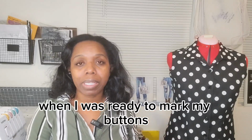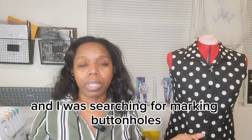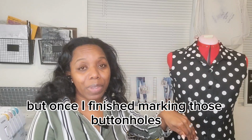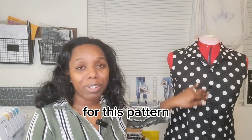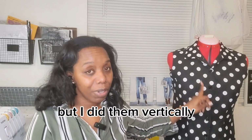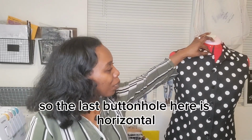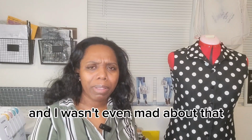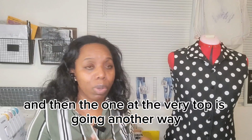And then not only that, when I was ready to mark my buttons, I wanted to make sure that I was doing it correctly. So I went back to YouTube University and I was searching for marking buttonholes. I really didn't find what I was looking for, so I had to come up with my own way of doing that. But once I finished marking those buttonholes, I realized that I marked them incorrectly. For this pattern, my buttonholes should have been going horizontally, but I did them vertically. And I didn't realize it until I went all the way up and got to the last button. So the last buttonhole here is horizontal and all of the other ones are vertical. And I wasn't even mad about that because I know that sometimes I find garments where all of the buttonholes are going one way and then the one at the very top is going another way. So